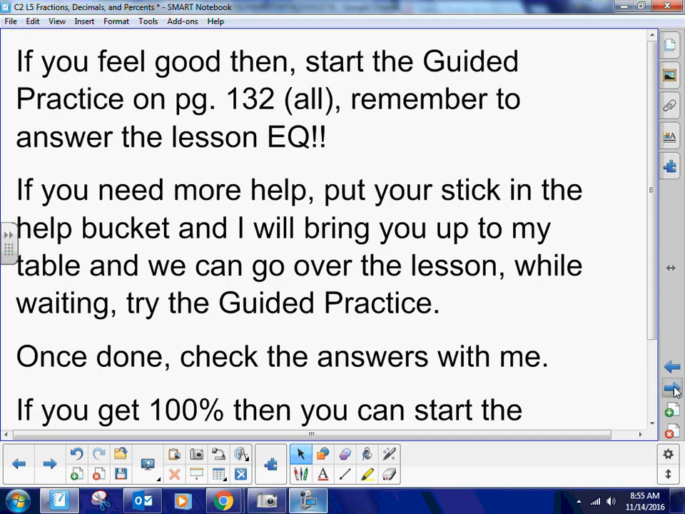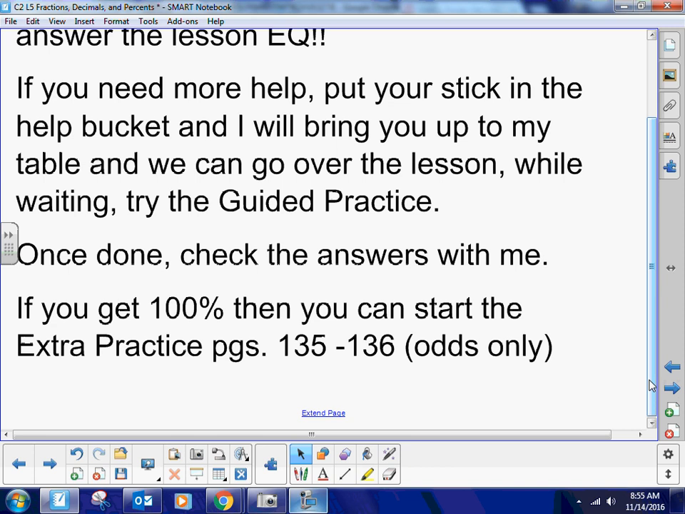Go over here. If you feel good, then start the guided practice on page 132. All of them. Remember to answer the essential question. I answered it early in the video. If you need more help, put your stick in the help bucket, and I will bring you up to my table, and we can go over the lesson. While waiting, try the guided practice. Once done with the guided practice, check the answers with me. If you get 100%, then you can start the extra practice pages. Okay? If not,